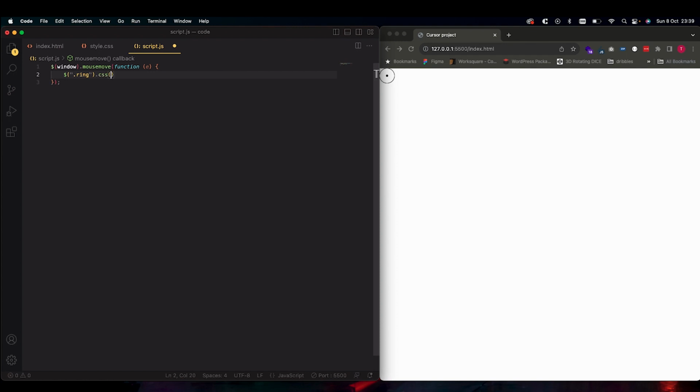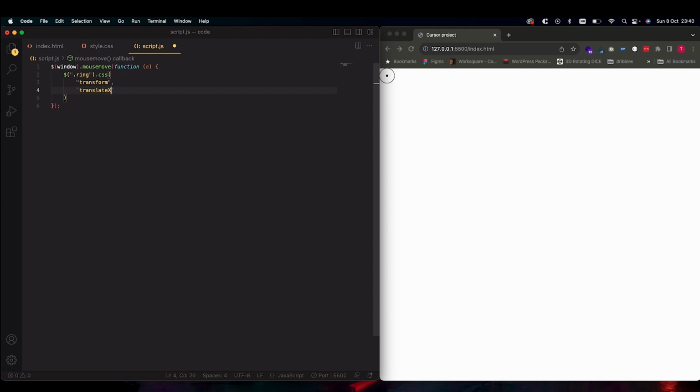CSS. So we're basically making CSS inside the JavaScript, and I'll explain that as we go. So we want to do transform. This is literally just doing a transform translate piece of CSS, but we're doing it in the JavaScript, so we've got more control over the variables, especially for the X and Y position. We use backticks here, and then we want to do translate,